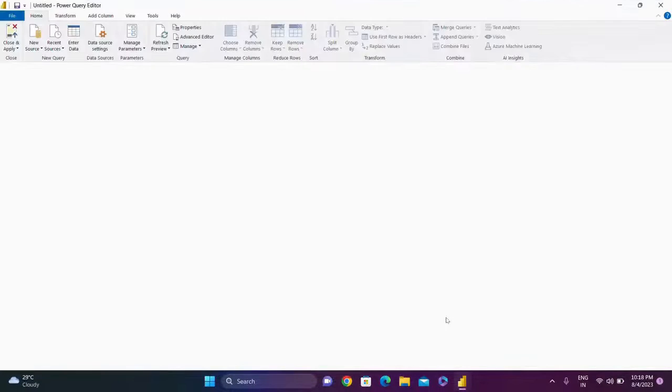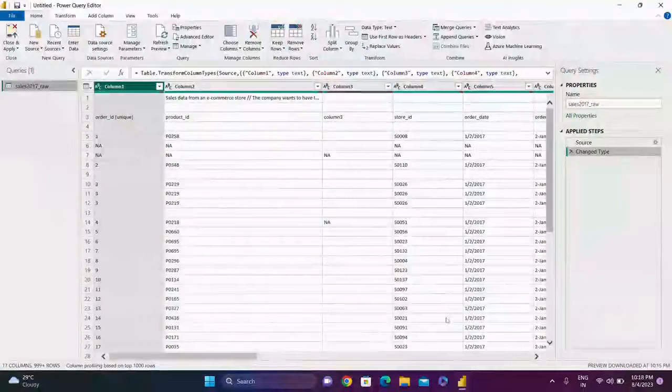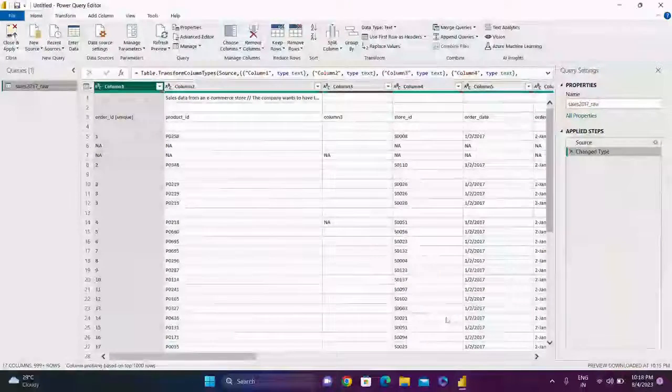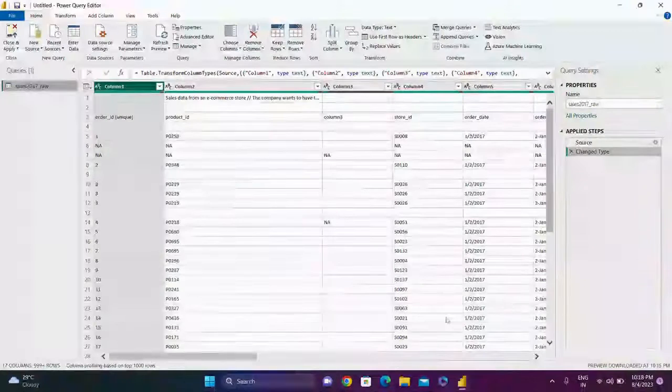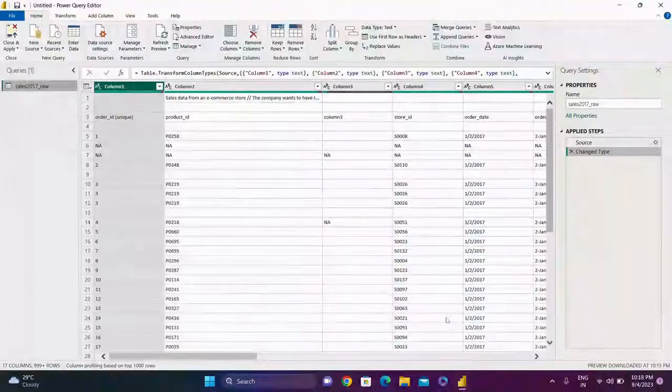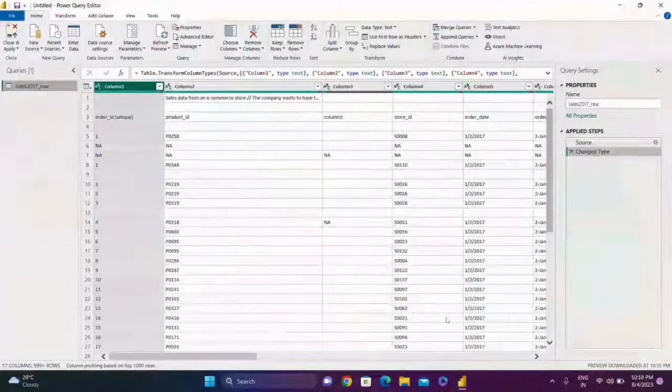And now you can see that a new tool is open, which is Power Query Editor. Power Query Editor is a tool inside a tool. So here we can modify our data based on our requirements, based on our understanding, and based on the best way we want to present it inside our dashboard, reports, or charts, or wherever we are going to utilize this data. So now let's take a closer look at the data.